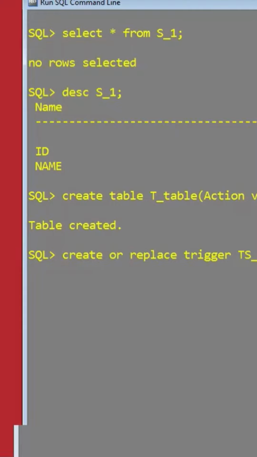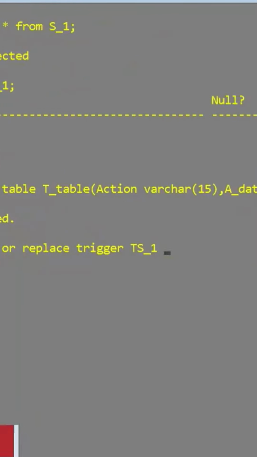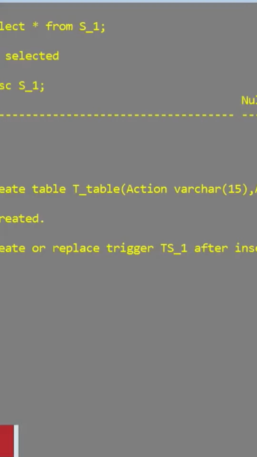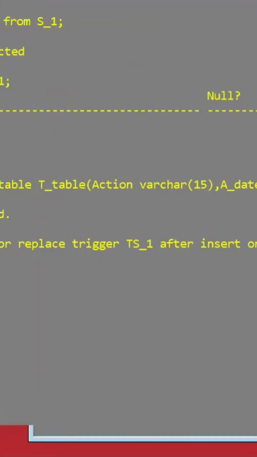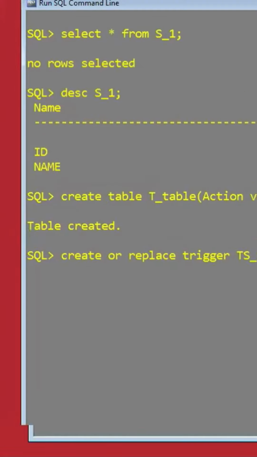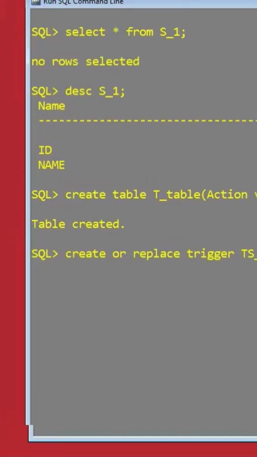And I want to create or replace the trigger, and the action after which I want to create is insert, and the table on which I want to create is S1. So this is the trigger which I'm going to create: a trigger on table S1, that is after insert action. So this will be the trigger which I'm creating, and the trigger code I'm writing